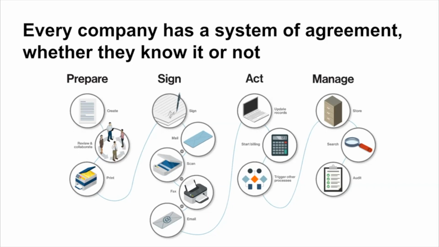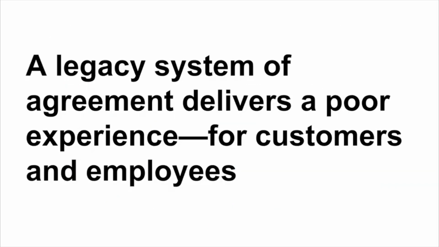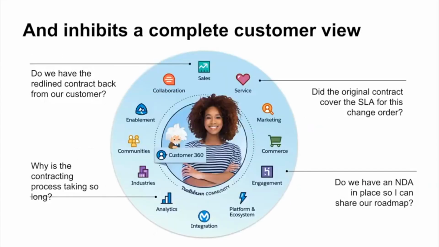And in DocuSign, we look at this overall as the problem we're trying to solve, because this legacy system of agreements is a poor experience for your customers and for your employees. And when we think about it in the Salesforce view, it really inhibits a complete customer view. When we think about sales, we actually get a red line contract back from the customer. Can we service that? Can we actually get it signed and agreed upon? In terms of service, was the original contract covered in the SLA for a particular change order? Do we have an agreement around that? Engaging with customers, do we have an NDA in place when we share a roadmap or have other